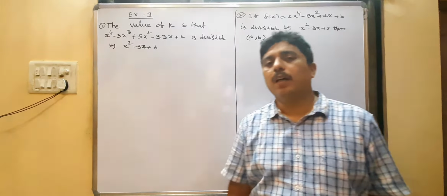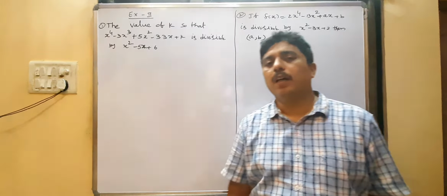Coming to the next question. If the roots of the equation x cube minus 9x square plus kx plus L equal to 0 are in AP. AP means we know arithmetic progression. Roots are in arithmetic progression means let alpha minus beta, alpha, alpha plus beta be the roots. But what they have given is a common difference of 2. Common difference means beta is 2. So alpha minus 2, alpha, alpha plus 2 are the roots.